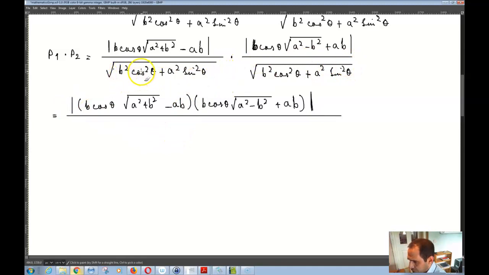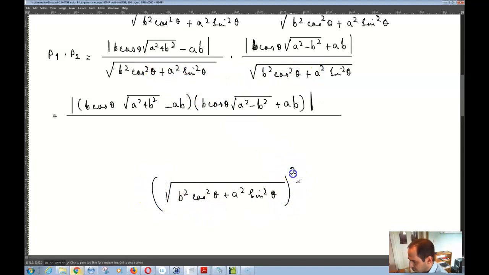And over here you have b squared cos squared theta plus a squared sine squared theta, which you can write as the square root of b squared cos squared theta plus a squared sine squared theta, and when these are multiplied together, you can write it as this whole squared,